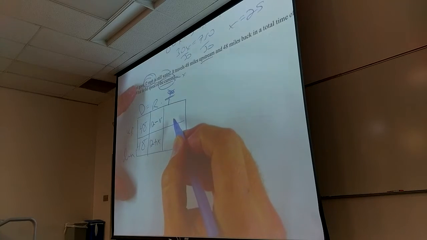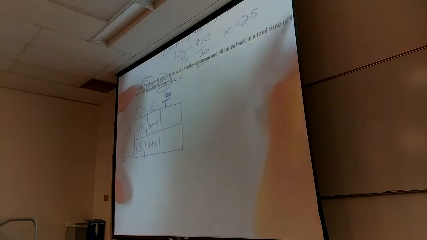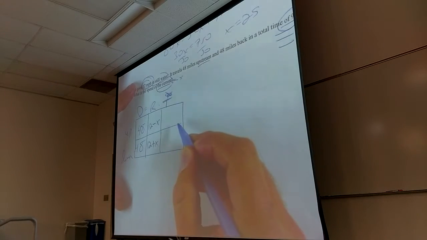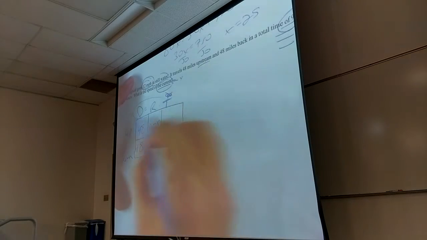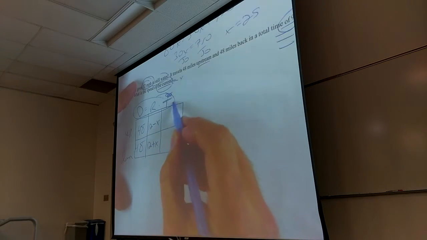If you put 9 here, why is that wrong? Total of 9. That's going to be where the equation comes from. How many boxes are left empty? 2. So then I use the equation to fill them in, same way I did earlier. Time is distance divided by rate.